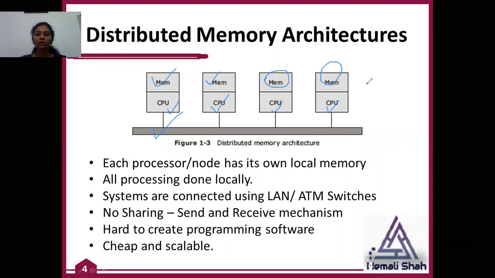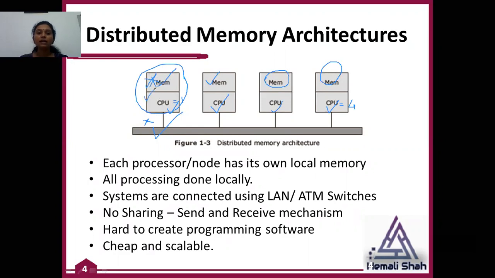Now think that this is CPU number 4 and this is CPU number 1. This first processing element wants the data X, and X is not available inside the local memory. So if this processing element wants the value of X and X is not available in local memory, what happens?